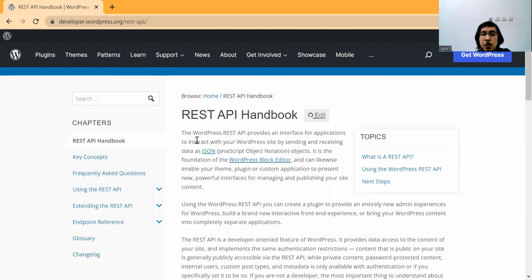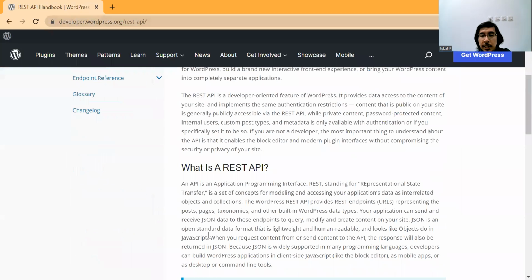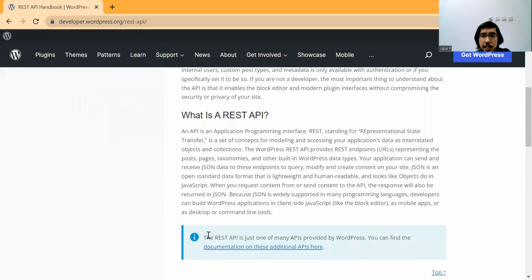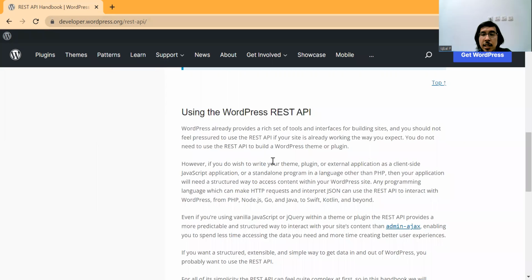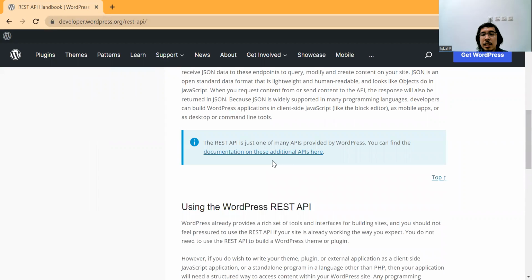I really suggest you read this page about the introduction, because maybe you don't really know technical things such as REST API. If you don't really understand what REST API is, you can find out by searching more about it. But in this case, you can simply use the REST API to take the information from your website without accessing the page.